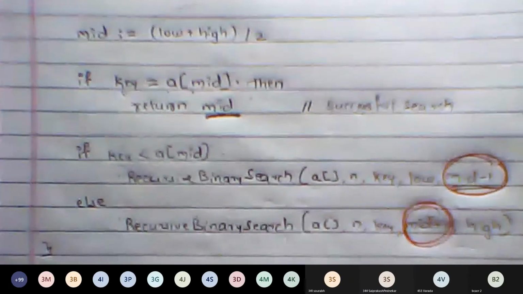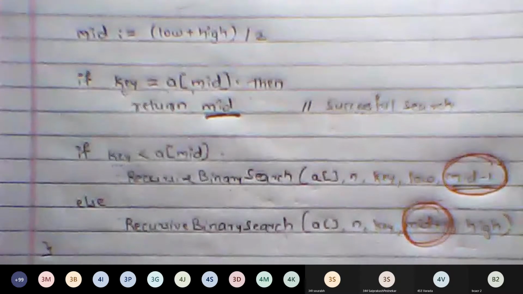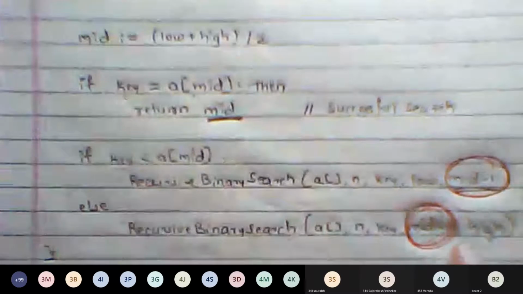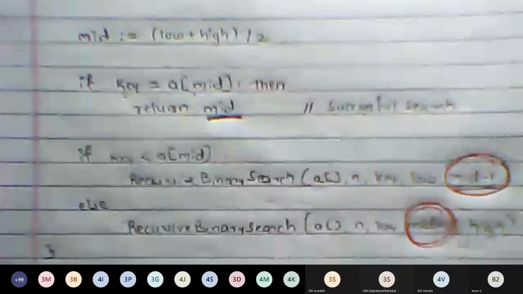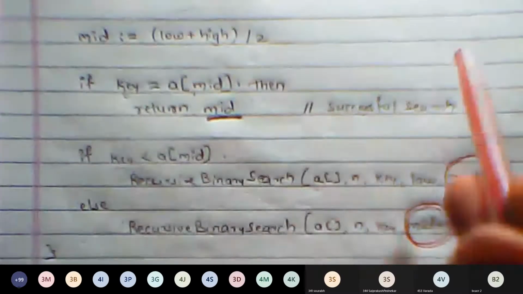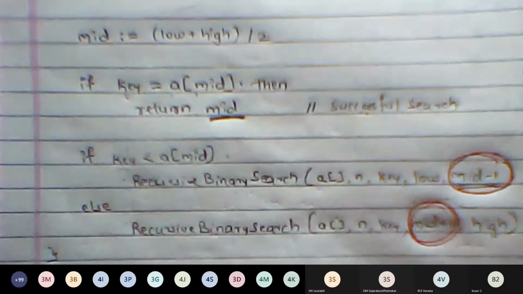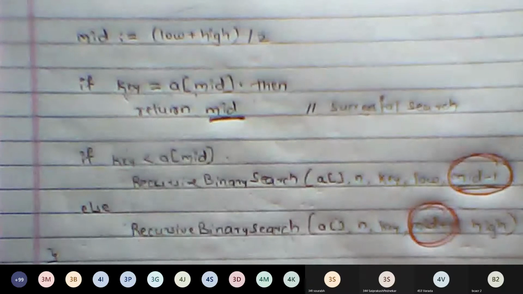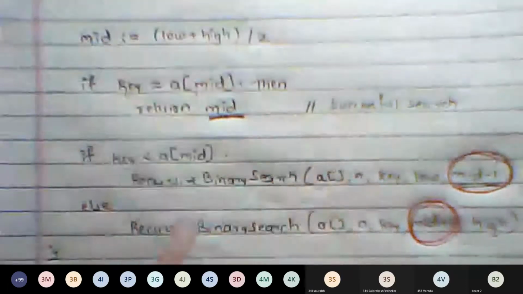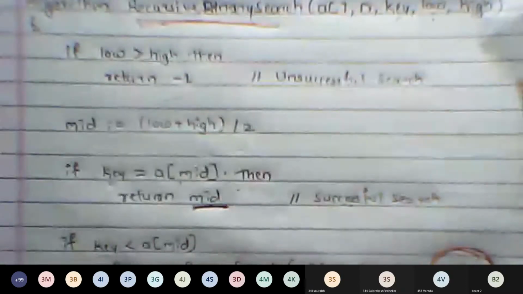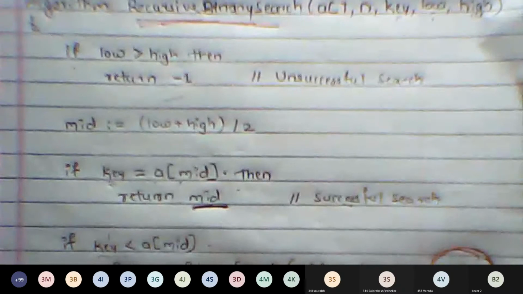They may ask you to explain the binary search, recursive binary search with its explanation. So you initially need to explain what a binary search is, the fundamental details and functionality of the binary search, and then write down the recursive search algorithm. 2 marks will be given for the explanation, 3 marks will be given for the algorithm. If they don't mention any type of algorithm, like iterative or recursive, then you are good to write any one of them. Either you can write the recursive algorithm or you can even write the iterative algorithm if they don't specify any one.